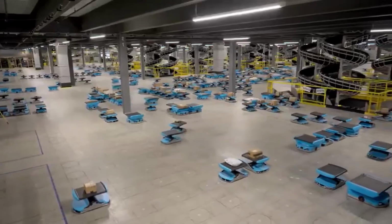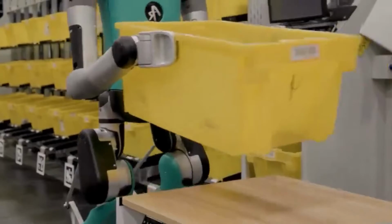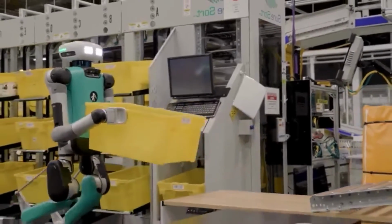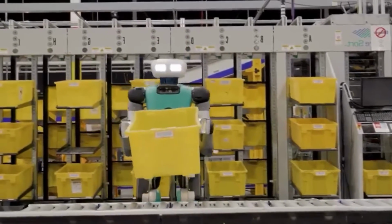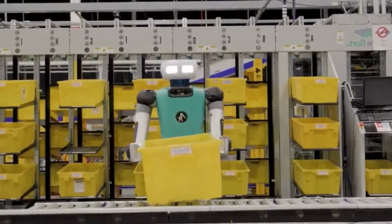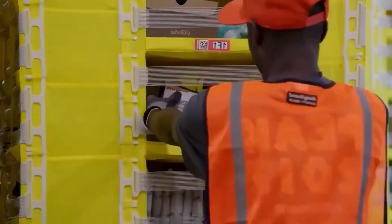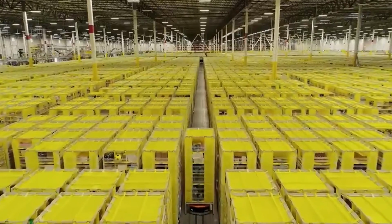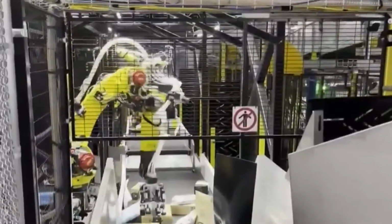In the bustling world of e-commerce, speed and efficiency are the names of the game. Amazon, a titan in the industry, has been at the forefront of integrating robotics into its operations. The numbers speak volumes. From a modest 350,000 robots in 2021, Amazon's robotic workforce has ballooned to an impressive 750,000 in just 3 years. This exponential growth is a testament to the company's commitment to innovation and its belief in